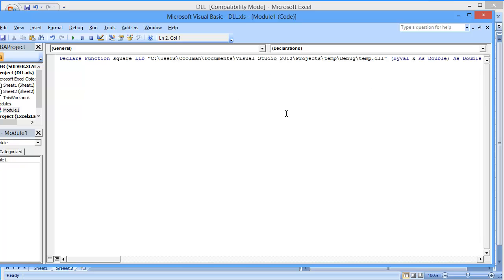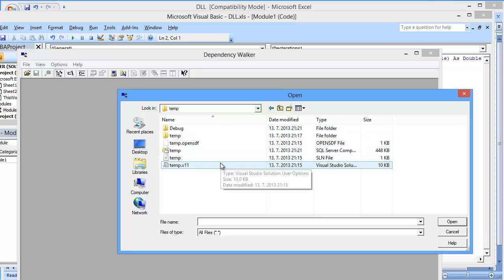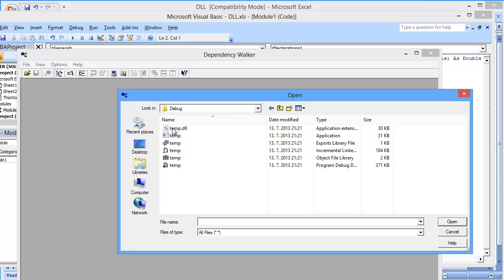So in order to discover the true name of the function, you have to use some third-party application, and I'm using Dependency Walker, which is free and sufficient for this purpose. Let's go to the path where the DLL is stored,